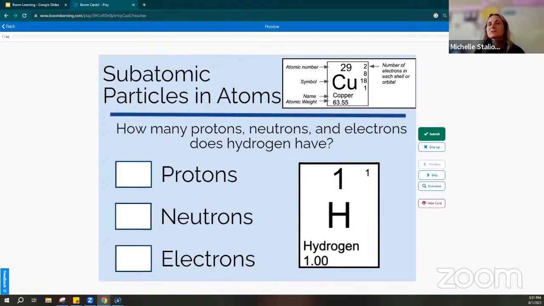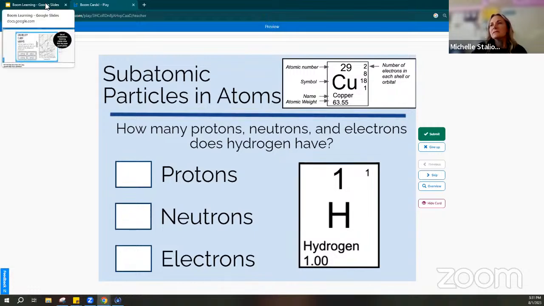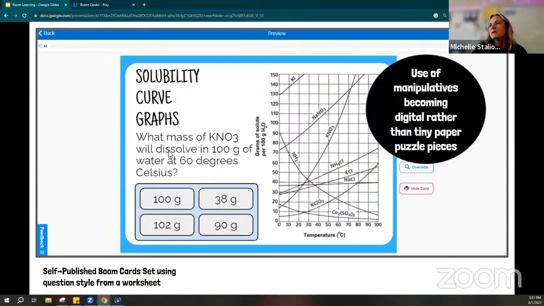But with chemistry, there's just so many pieces where it's just practicing to make sure we have that skill down, like identifying subatomic particles. This is another set that I've used for that. And again, on this one, a worksheet going along with it where I have them also draw the Bohr model, so they know their numbers are right before they're drawing the Bohr model on their paper. So that would have been one way that I would use this kind of set in my classroom.